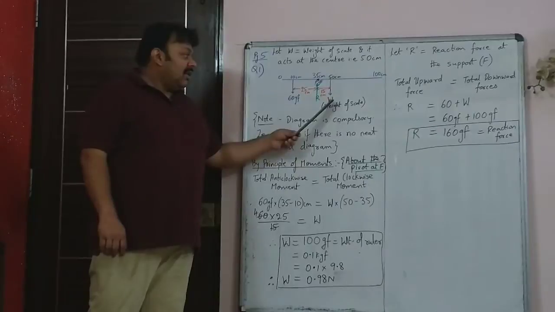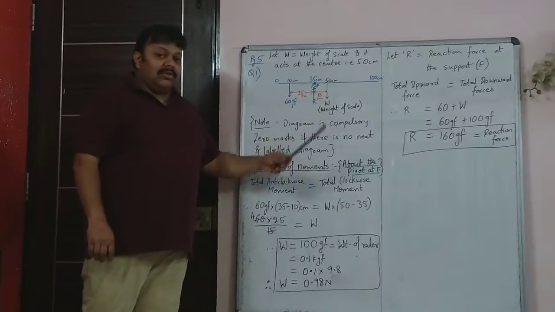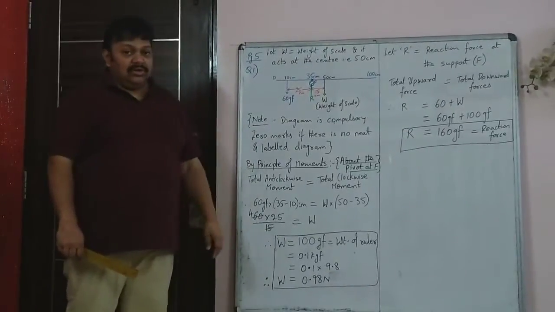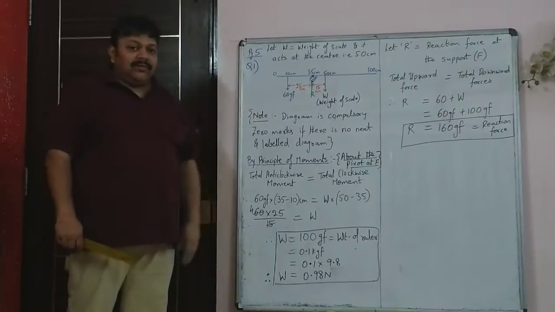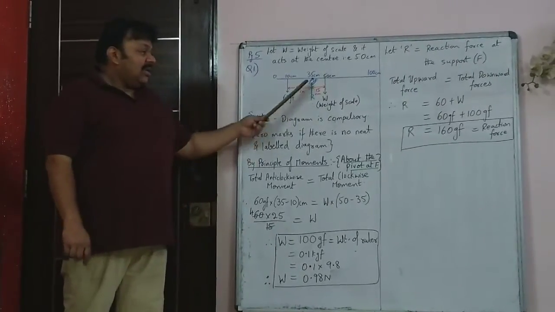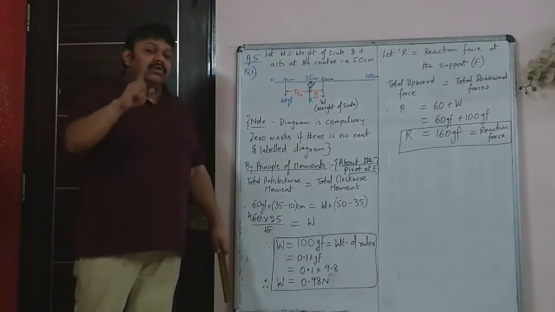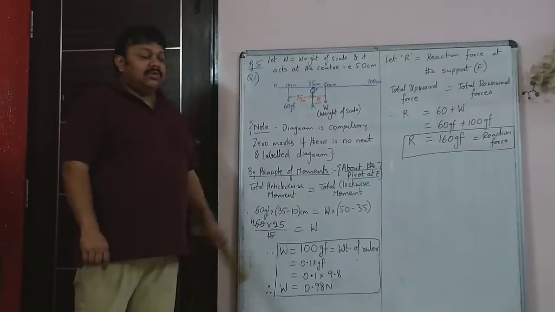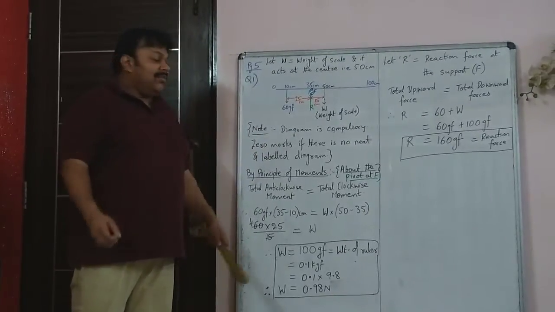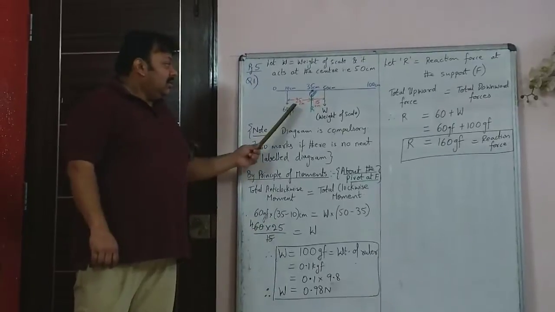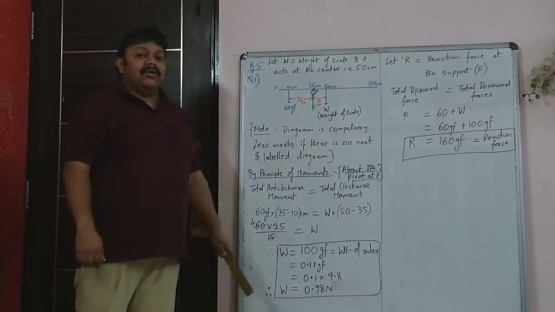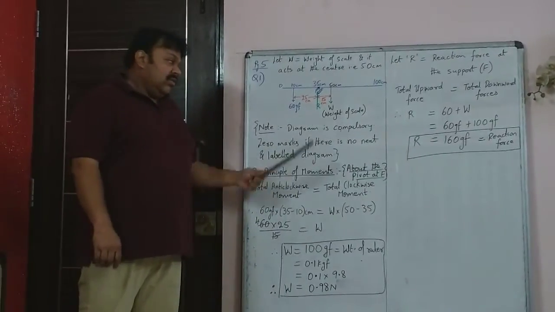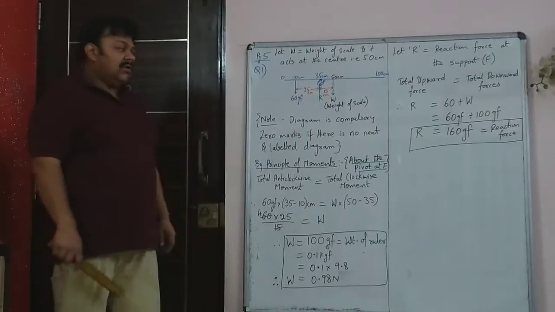So now from this they have asked you to find what is the weight W, and naturally you can't have only forces acting in one direction, that is down. Then the rod won't remain there, it will fall. There has to be a reaction force, and since there is only one support here, there will be only one reaction force acting in the upward direction at the support. Why upward? Because the other weights are acting downward. This is the reaction force to those weights which are hanging there, so it will act in the opposite direction, that is upward.